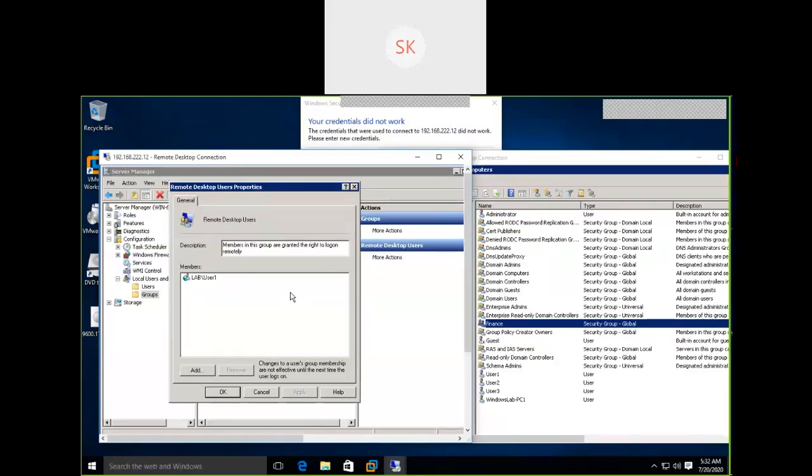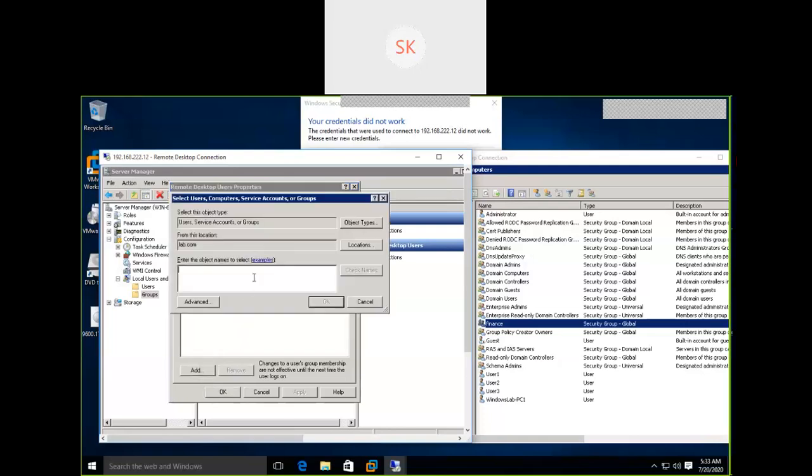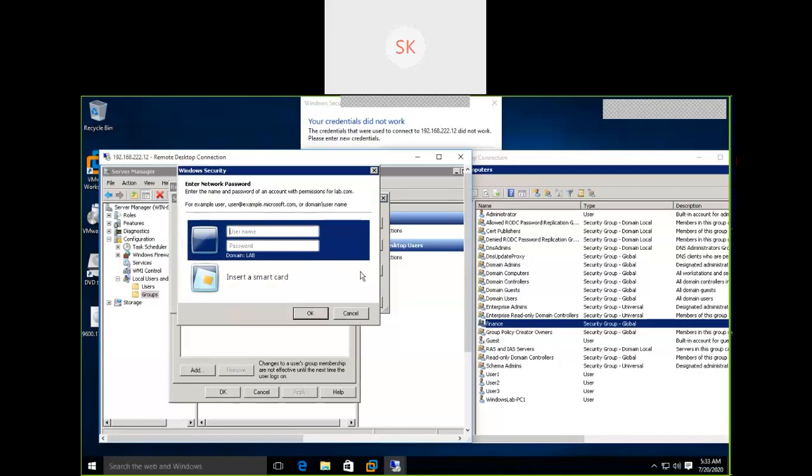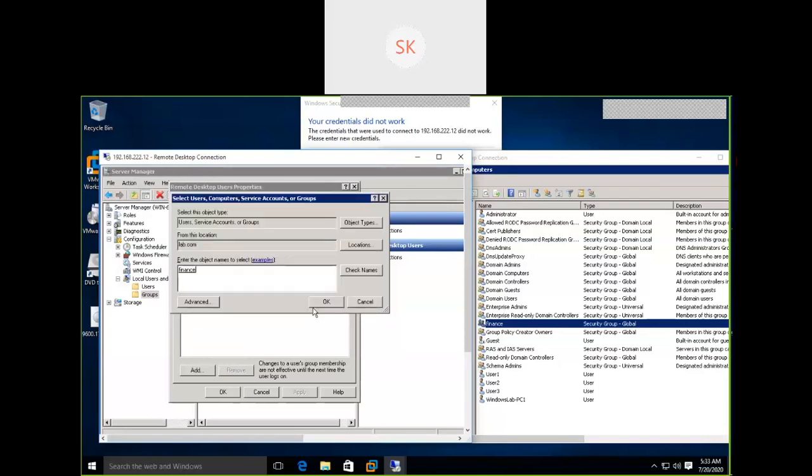The remote desktop users group is available on my local system, that is my member server. Okay, so click on add. Now type finance. Check name. Provide administrative credentials. Click OK.